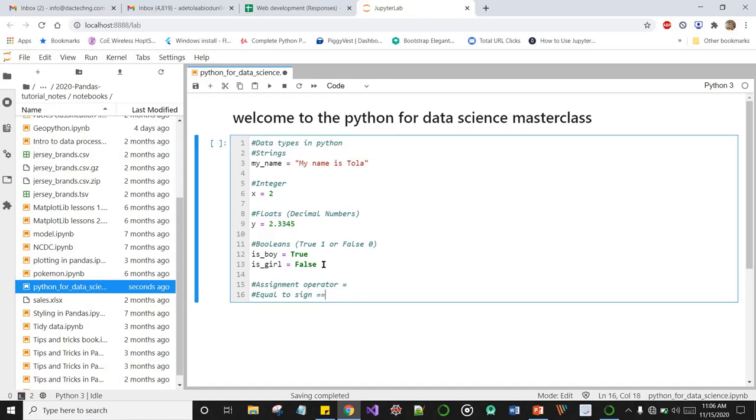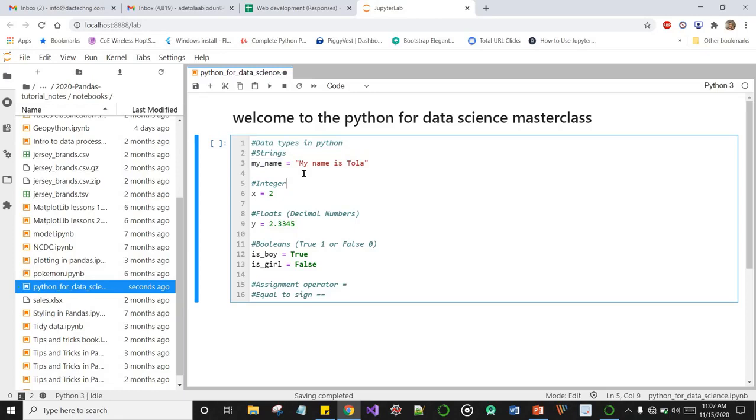A double equal to means you are trying to compare if a particular value is equal to another. But just one equal to sign, you are assigning a value to a variable, like what we did here. We assigned the string value, my name is Tola, into my_name variable.